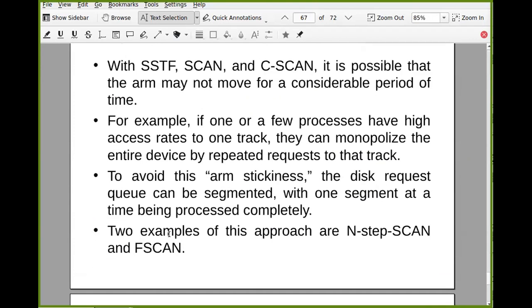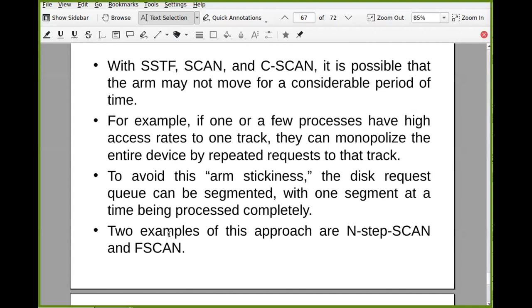Now these are a few strategies that we discussed. There are a few more. With SSTF, scan and C-SCAN, it is possible that the arm may not move for a considerable period of time.